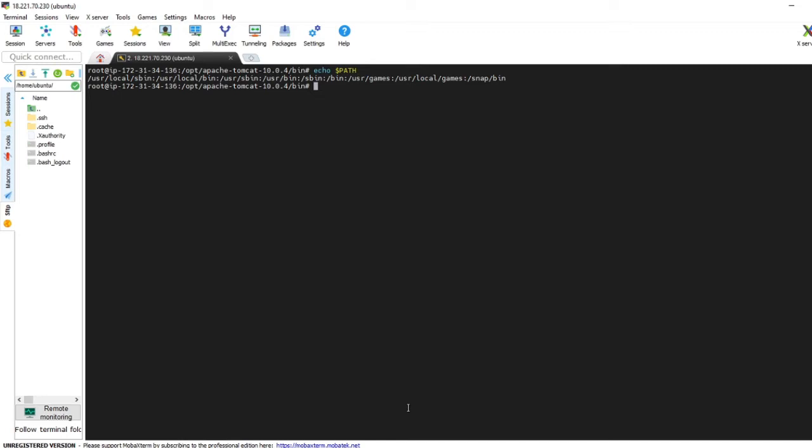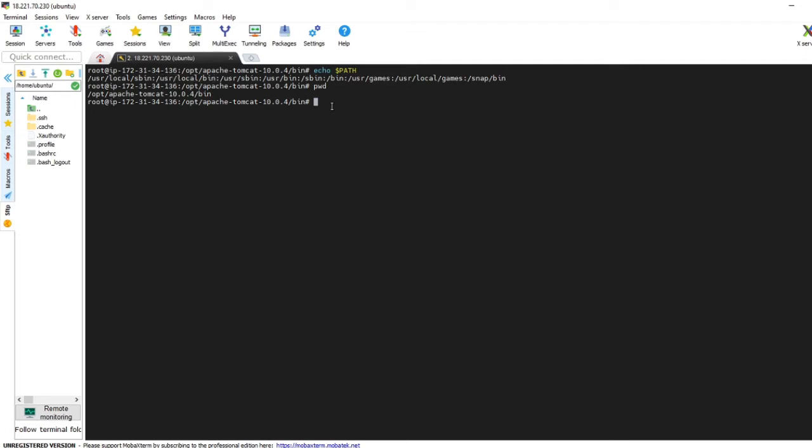Okay, so the present working directory is this one. So now I will set up this location along with the directory name to create a soft link for the Tomcat server.